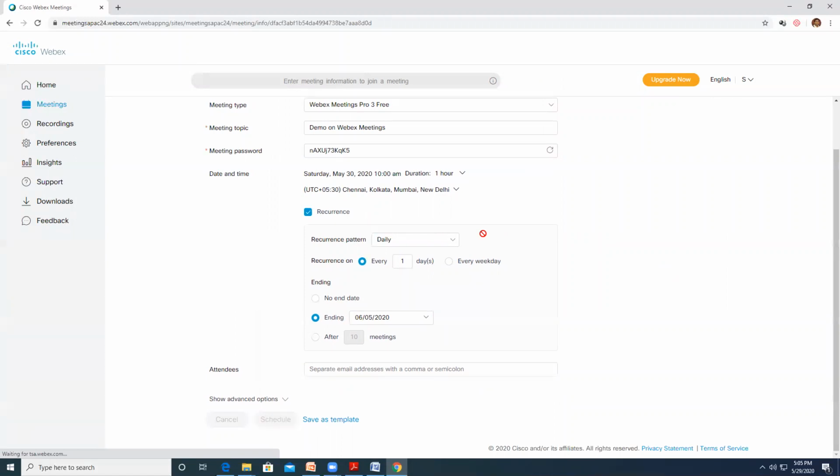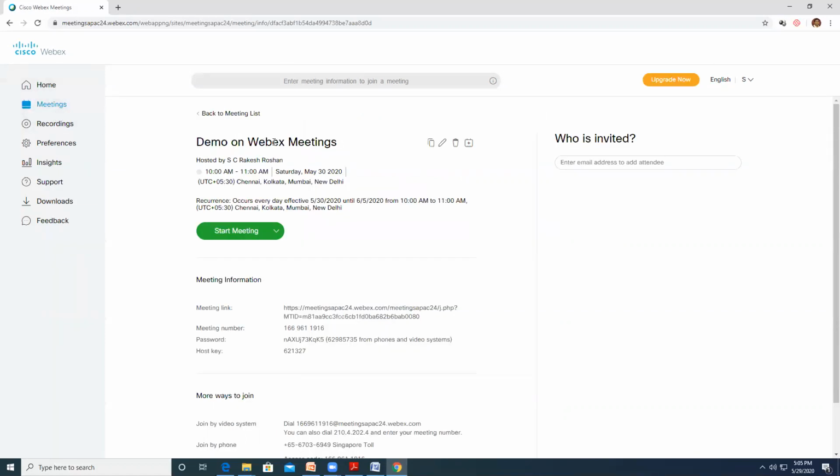So what I have scheduled right now is a recurrent meeting starting from tomorrow, 10 a.m. to 11 a.m. for the next 5 days. So it's getting scheduled. So once the meetings are scheduled, we can also see it in the meetings bar here. You can see a meetings bar here, home on the left side. So you can see demo on WebEx meetings, 10 to 11, recurrent. And this you can see copy. So this is the link. You can also edit it. You can also delete it. You can also integrate it to the calendar. So right now you can copy it and then share this with the attendees, or you can enter the attendees here. Anything would do. I prefer copying it and then sharing it with the attendees.